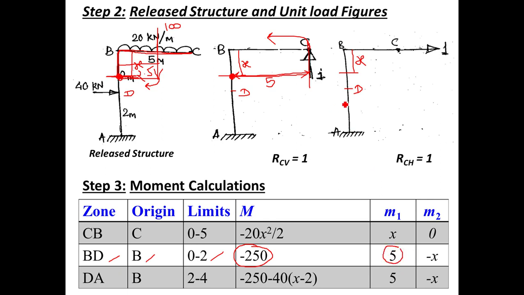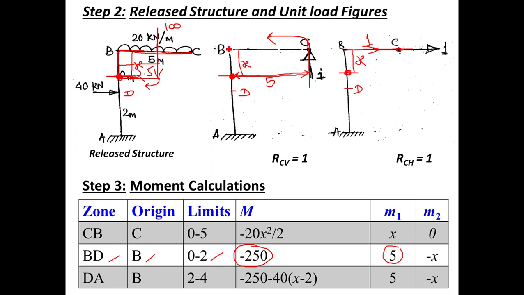Now if you look at the third figure, we are taking a section here in a column and the force is horizontal. If you extend this force in the same line of action, you can show that force at point B. By using the principle of transmissibility, we can extend the force throughout its line of action anywhere. So instead of acting at C, we can show it at B also. It means if the force is horizontal and we are taking a section in a vertical column, this will be a moment in terms of x.